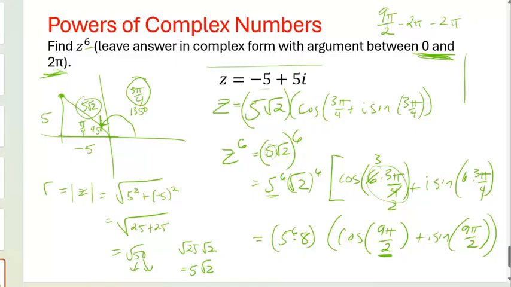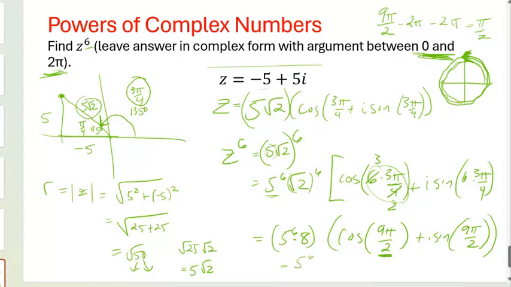Or you could do it graphically. 9 pi over 2, let's see, count by pi over 2. So 1 pi over 2, 2, 3, 4 pi over 2, 5, 6, 7, 8, 9. That's 9 pi over 2. You land in the same place, and I'd get the same answer if I subtracted 2 revolutions, as pi over 2. So my final answer is,